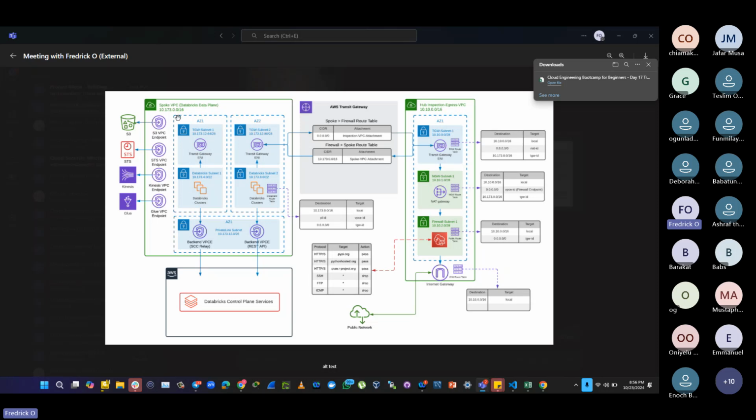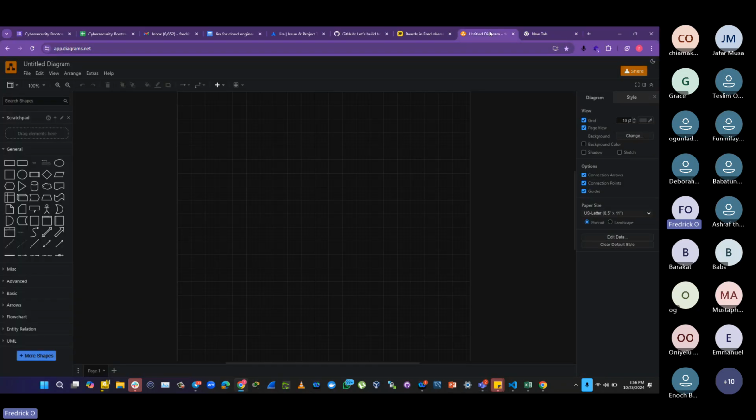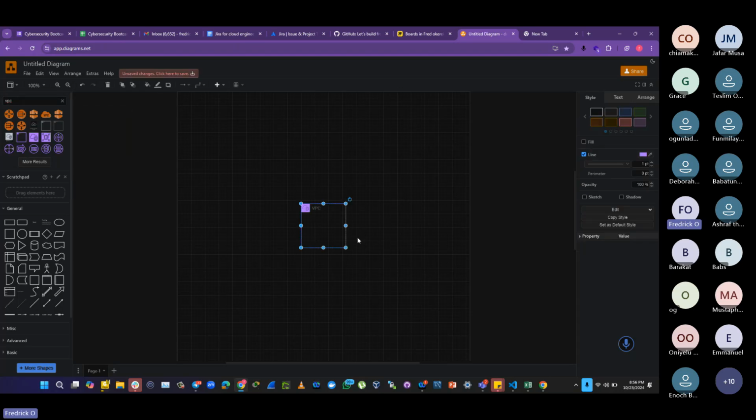Right now, it might look overwhelming for some of you, but there is a tool that is used to sketch this. So we use this kind of platform to sketch it. If I want to create a VPC, I can come here and type VPC. Do you understand? If I click here, this is a VPC. You see that?